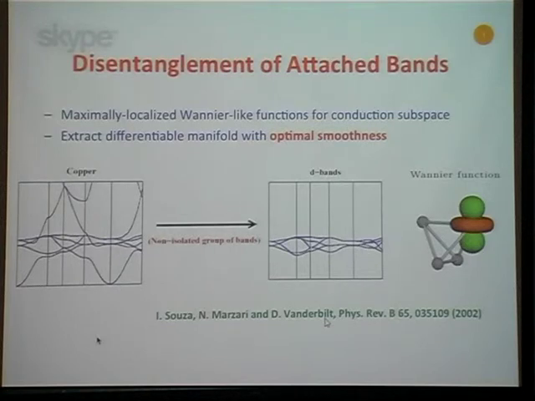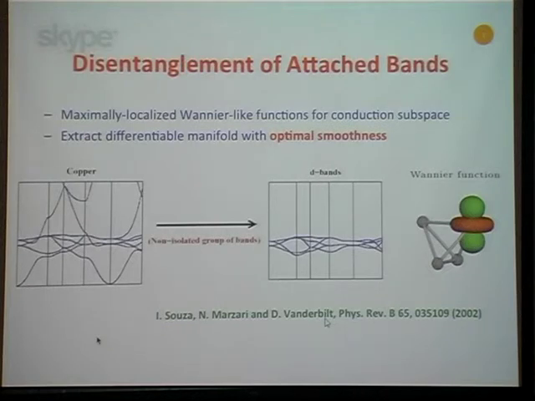So the work of Ivo and myself and David on disentanglement is the additional step that is required for the case of metals on how to separate out of the spaghetti on the left a manifold of dimension 5 on the right that is smooth, out of which I can do my usual localization trick and obtain Wannier function that in this case look like